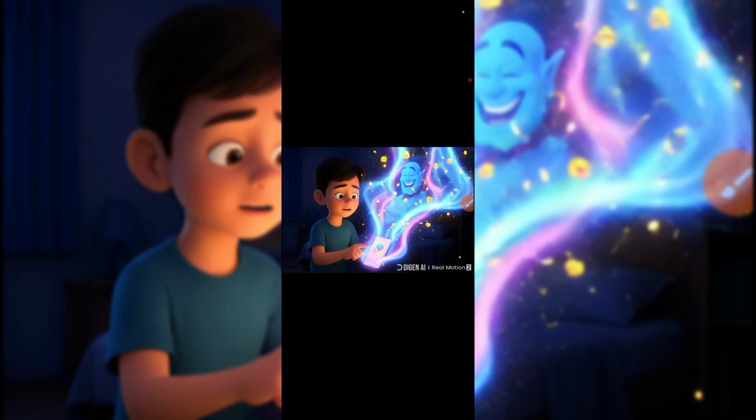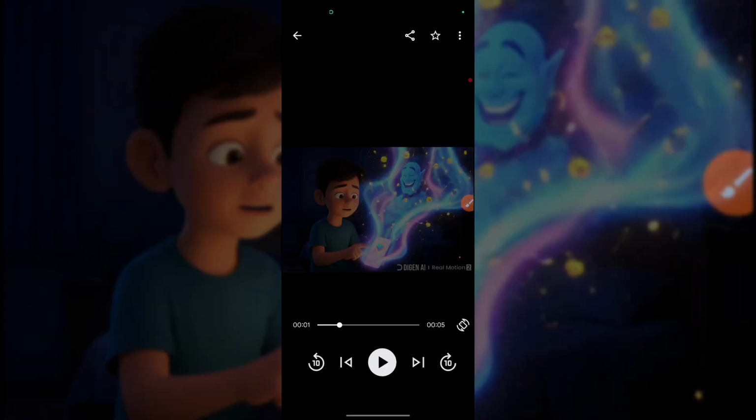Now, we are going to be heading on to generate our voiceover. For the voiceover, we have different options. We can use Google AI, Speechma, 11 Labs, depending. But for this tutorial, I'm going to be using Google AI Studio, the voice gen there. So let's go to Google AI Studio.